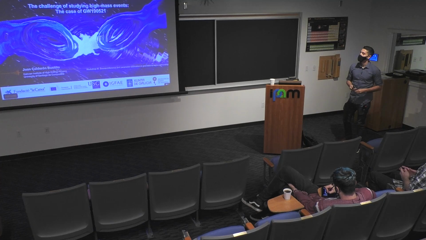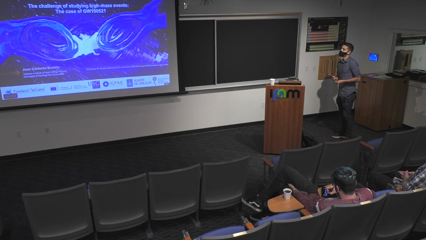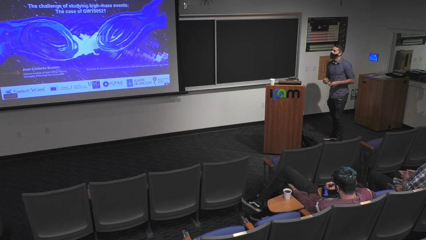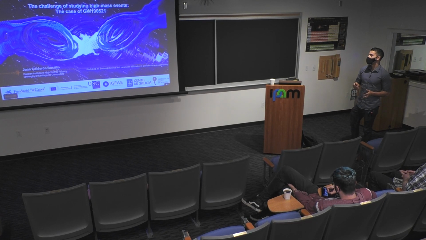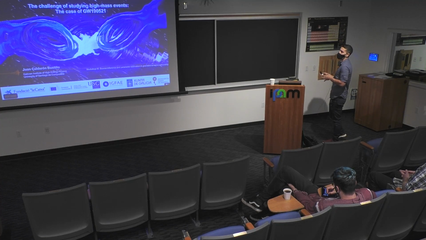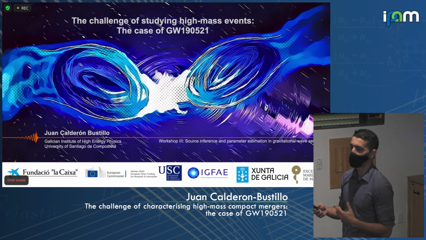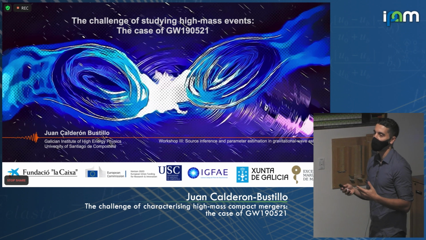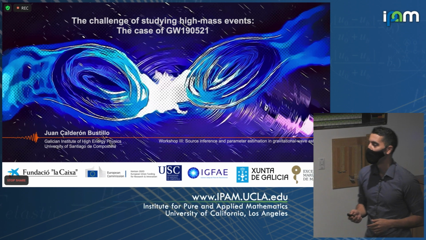OK, fantastic. So during the previous days, we've seen very nice overviews of techniques to do Bayesian parameter estimation and study different physical effects. Today, we're mostly concerned with the search for ultralight bosons. And since I'm not really an expert on parameter estimation or ultralight bosons or anything in particular, what I want to present today is a case study of how you go about analyzing certain type of signals for which you want to do a very tailored analysis at the user level.